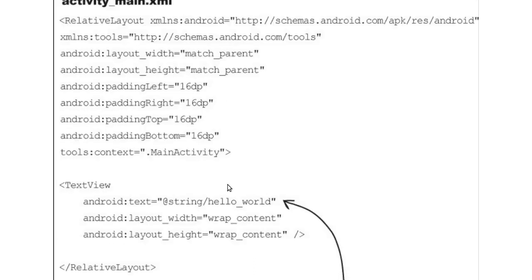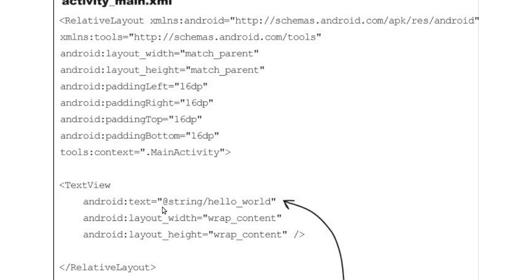So let's understand that code first. Here there is a text view and these properties. These are called the properties: android colon text, android colon layout underscore width, android colon layout underscore height. All the properties could be written like this: first android and then the property name. Behind the scenes there is also a class for the text view. So we have the getter and the setter, get text and set text. In case we want the text view to be accessed in the code, we could use the getters and the setters for that text view.